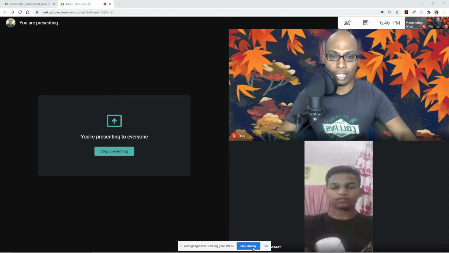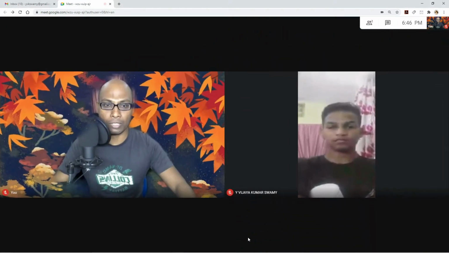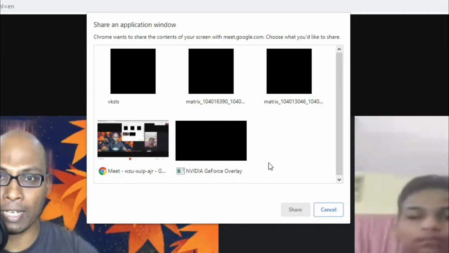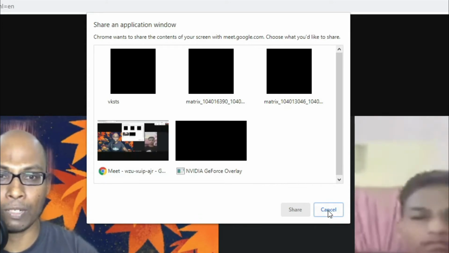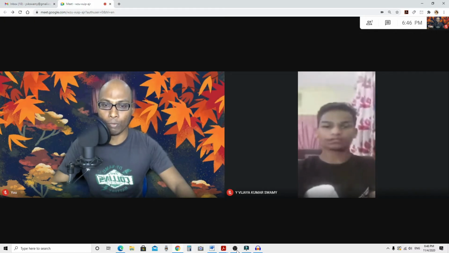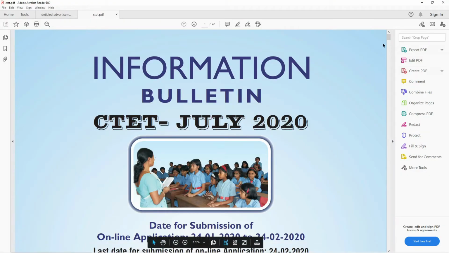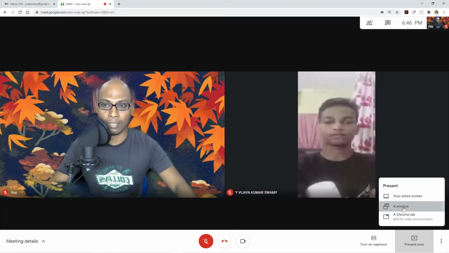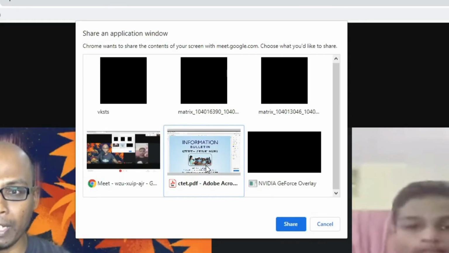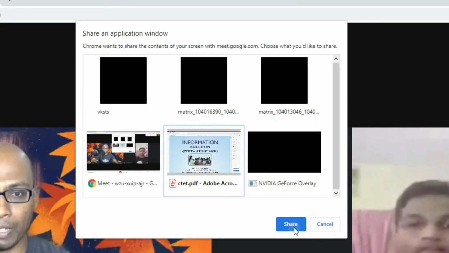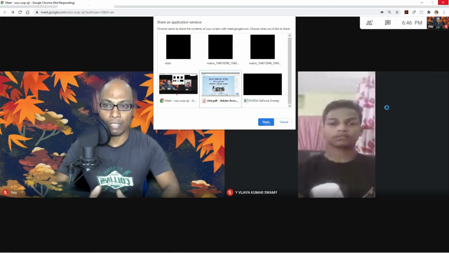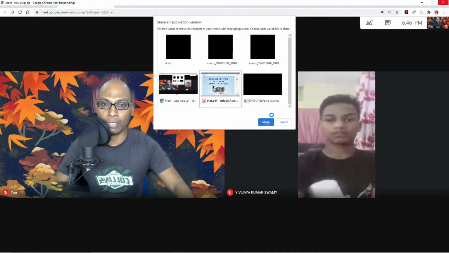To stop sharing your screen, select this stop sharing option, and then let us come to the second option, a window. If you want to select one particular window, then you have to open that on your desktop, as I told you already. Let me open one window here and then present that. This is the window which I have opened. Let me go back to the Google Meet and select a window here. Here you can see a PDF file which I am presenting. Let me share that PDF file. Once you select the PDF file, that window will be shared to the student, depending upon the network speed.